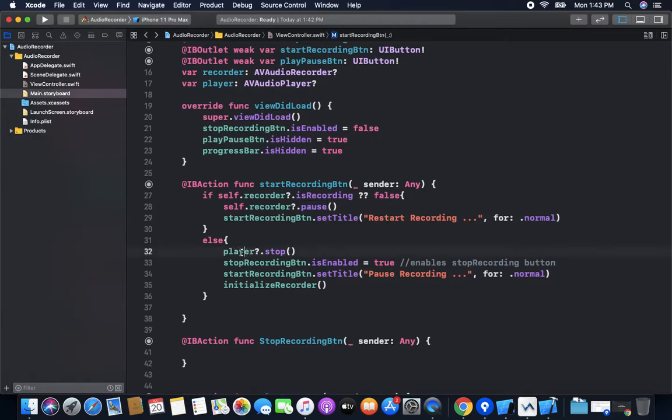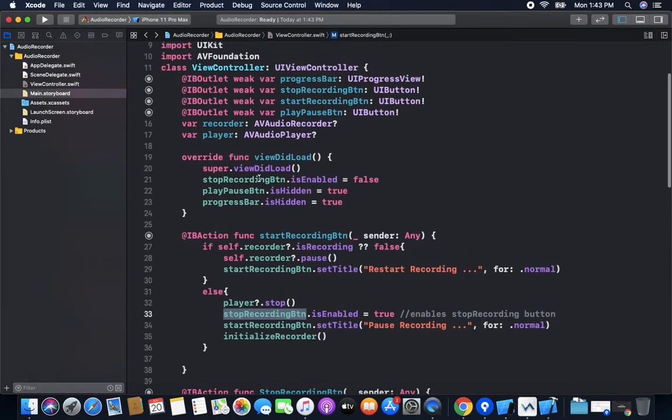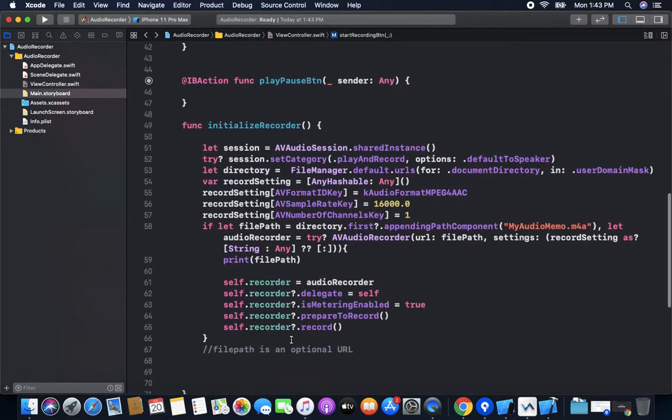For the first time, if any player is running, we stop the player. We disable the stop recording button, we enable it because we need it, and now we set the title as pause recording. So the user can click and pause, or click on the stop button to stop, and then initialize the recorder.